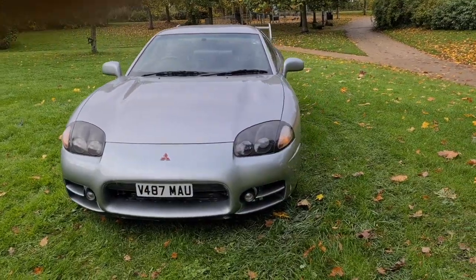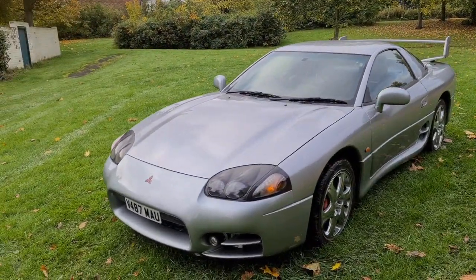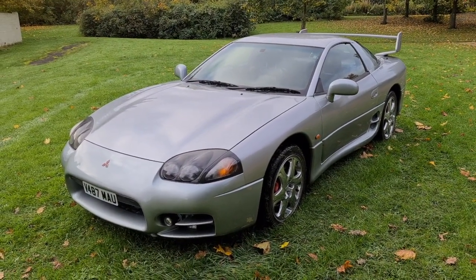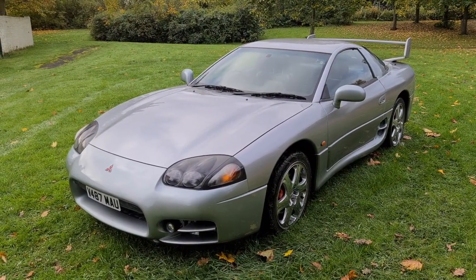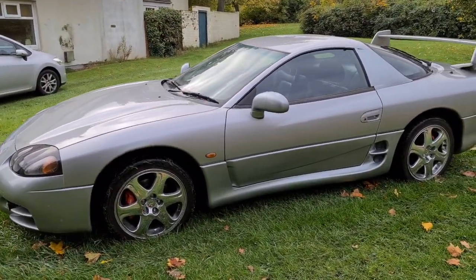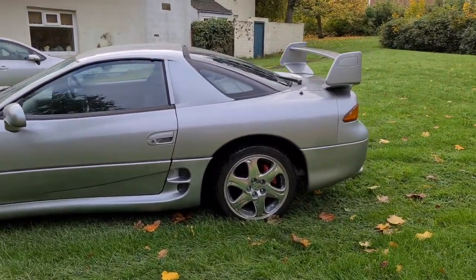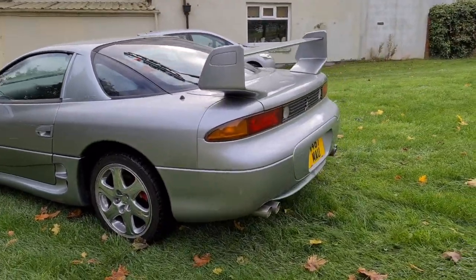This particular model is a GTO Mark IV, and you can see that from the combat spoiler on the back and the gaping front of the black headlights on the front. This was a run-out car, and they're often known as the 99 as well. Also, the chrome wheels were part of the original package. So as we walk around, we can take a good look at it. It's Hamilton silver,